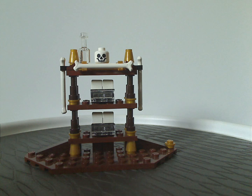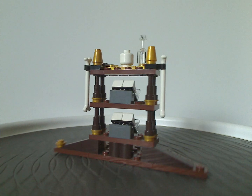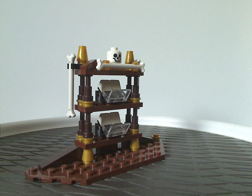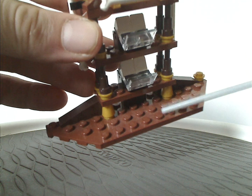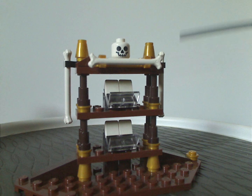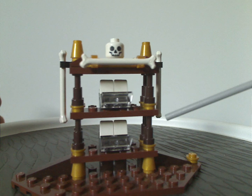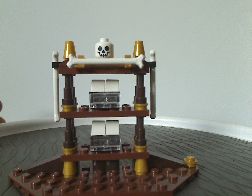And now onto the rest of the Captain's Cabin build, which is quite small and simplistic, which of course was fair for the price point that it was. The whole build is resting on some brown tile pieces or traditional plate and wedge plates on the sides in dark brown, and the whole build is mostly dark brown and lightish brown and gold, and some white bones, of course. I have a shelf comprised of mostly tiles and also